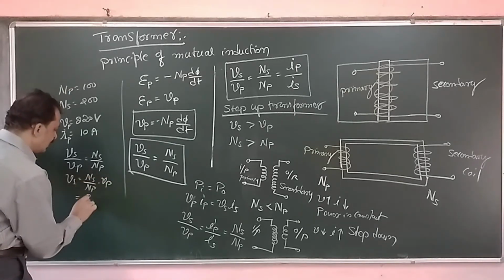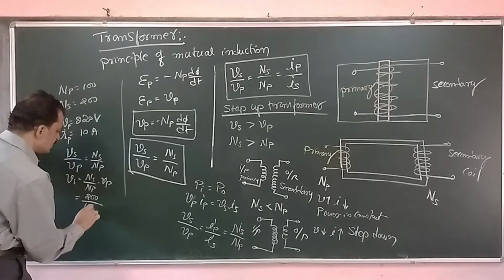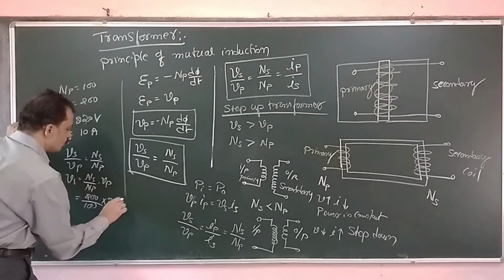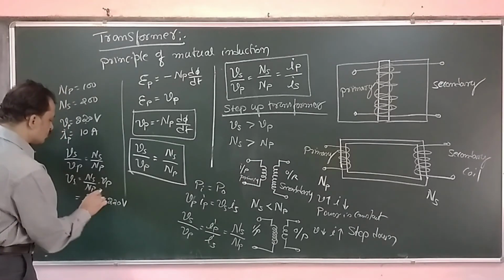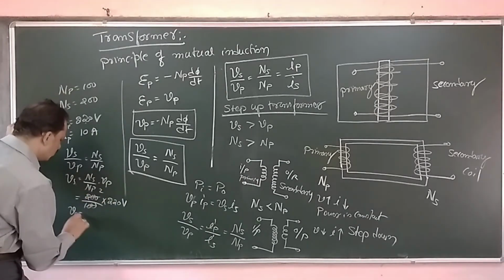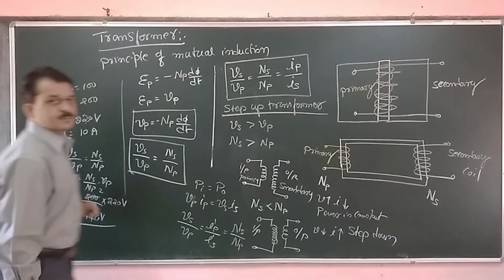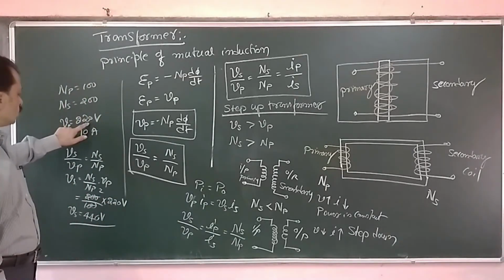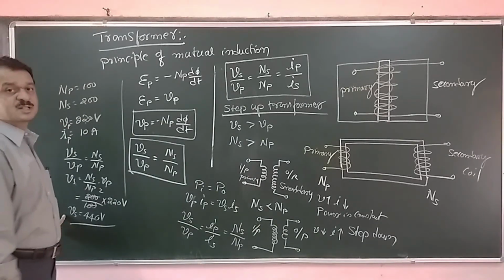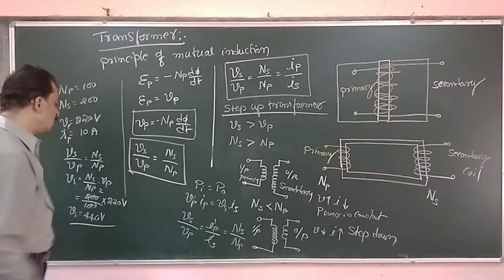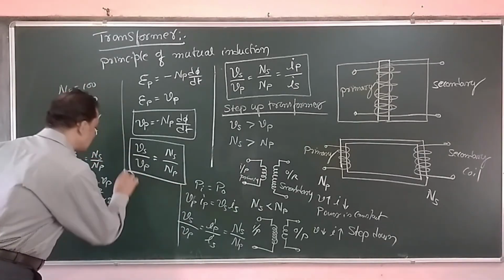Number of turns in the secondary is 200. This is 100, and Vp is 220 volts. Now this ratio becomes 2. Therefore, the output voltage becomes 440 volts. We have applied 220 volts, and the output of this step up transformer becomes 440 volts. It is doubled. Similarly, if you work out the current,